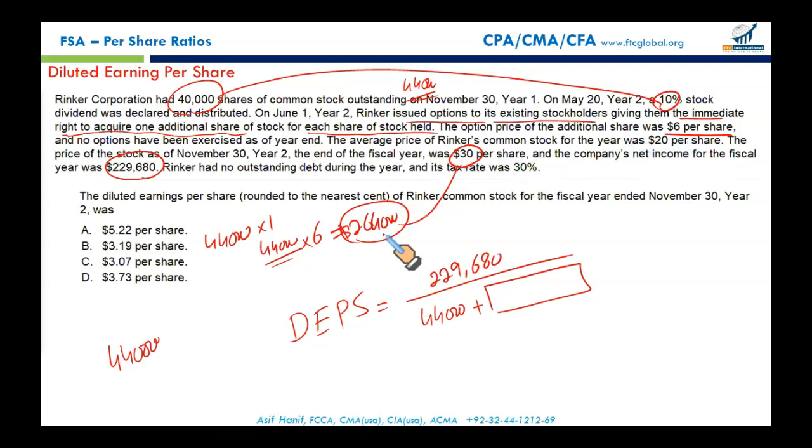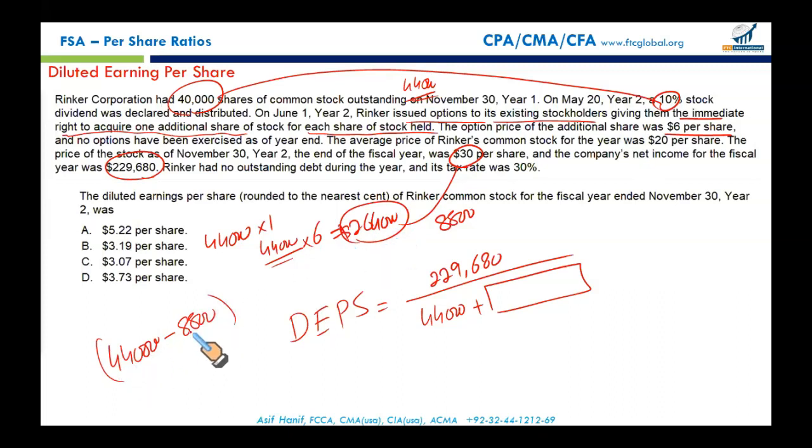Remember, in the diluted EPS calculation, we take the closing price of the stock and see how many shares could have been purchased using this money. The company received $264,000 and the closing price of the share is 30. How many shares would the firm have purchased? 264,000 divided by 30: the company could have purchased 8,800 shares from the market. So the firm will give 44,000 shares to the option exercisers, and the company will purchase 8,800 shares from the market using the amount received from the option exercise.